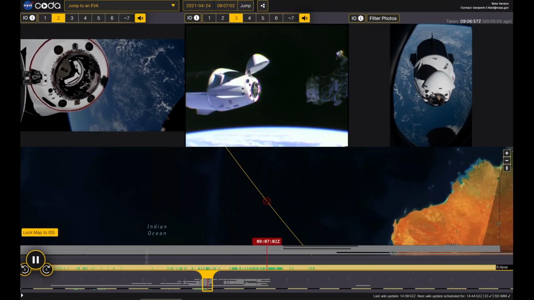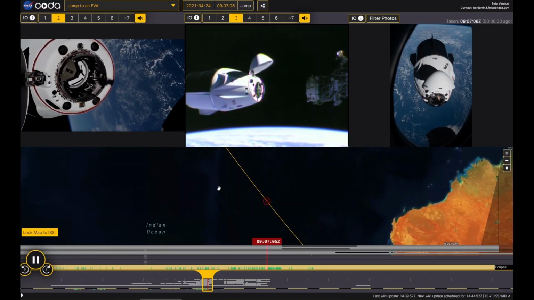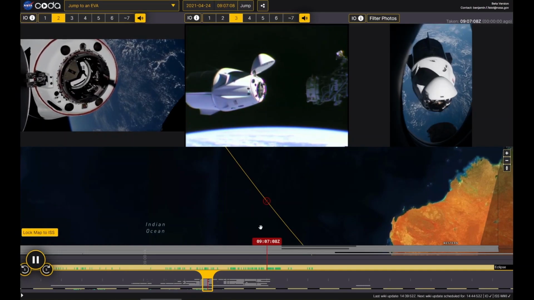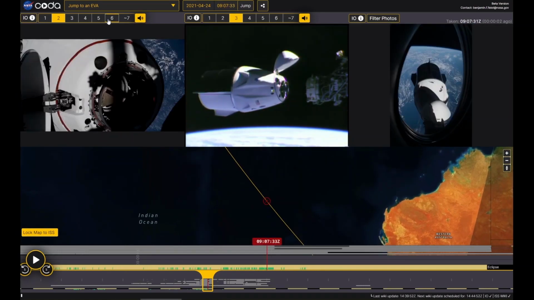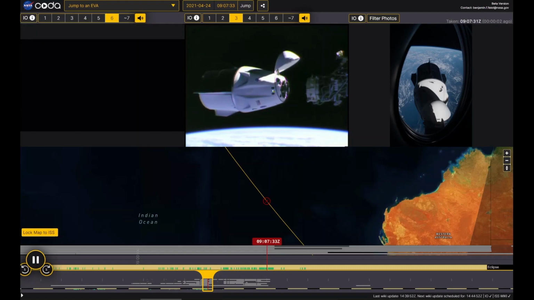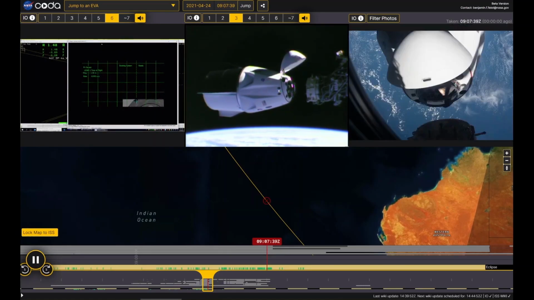Here's an example of it being used not on a spacewalk. This is during the latest Crew Dragon docking. And you can see they're snapping lots of photos on the right that are appearing in rapid fire from the SLRs they have on board as you pick different downlinks of data that occurred during the actual docking.